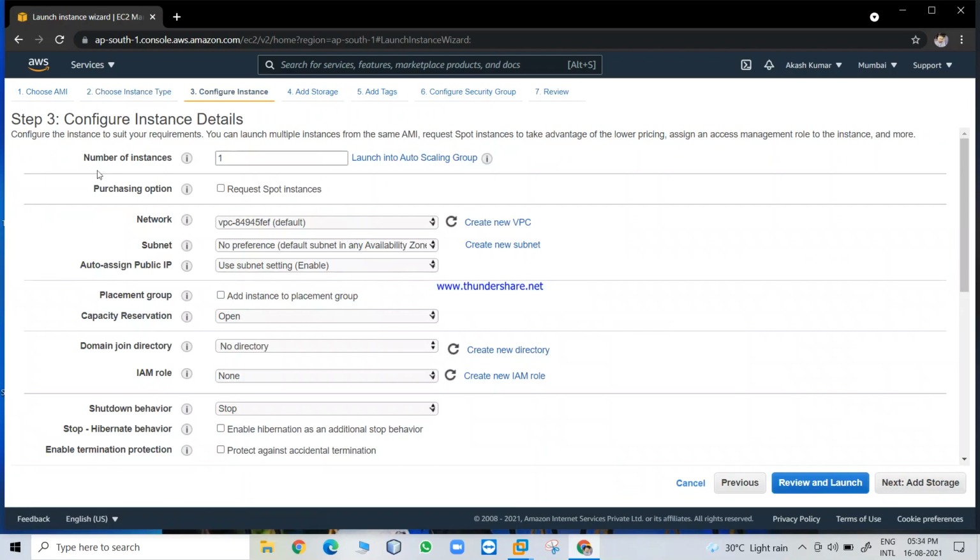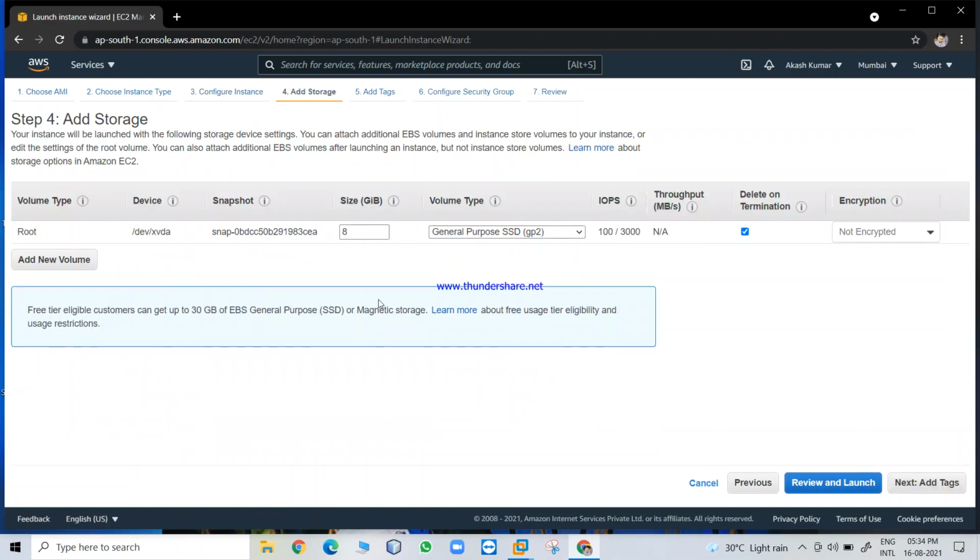See, step 3 is configure instance details. There we do not have to change anything, we just go for next. See here, root volume. If you want to add any volume you can add, otherwise you can go for next.